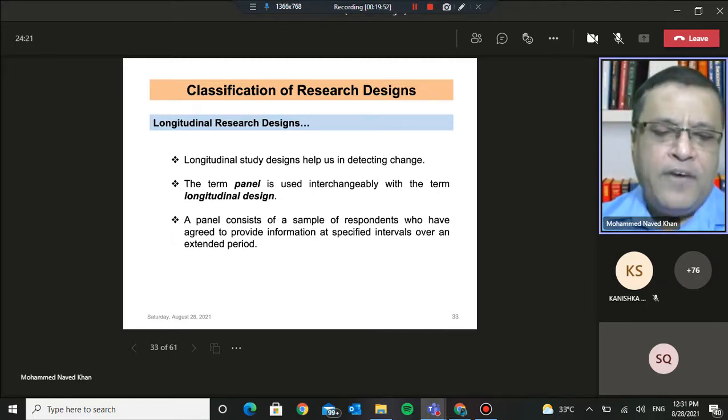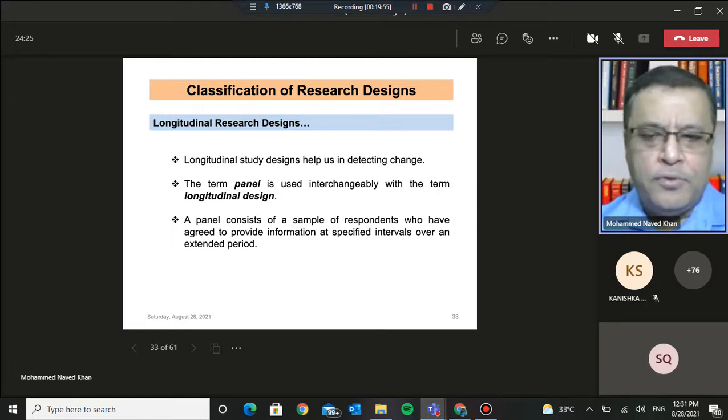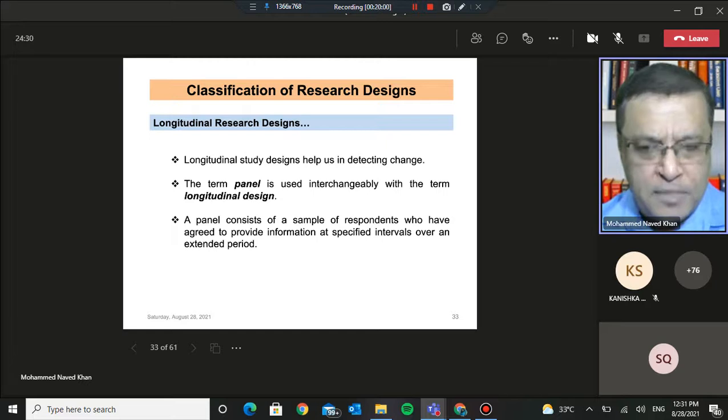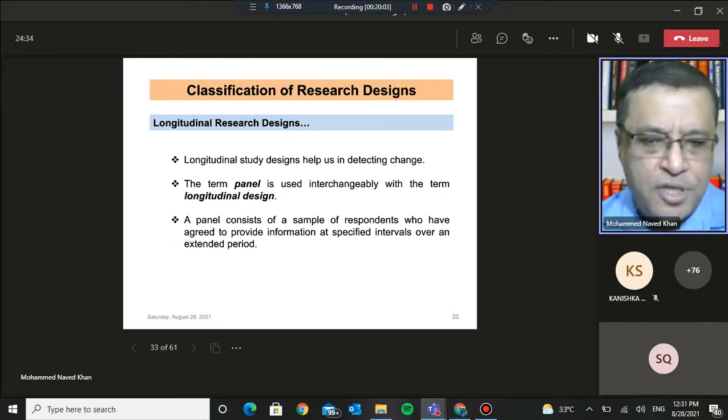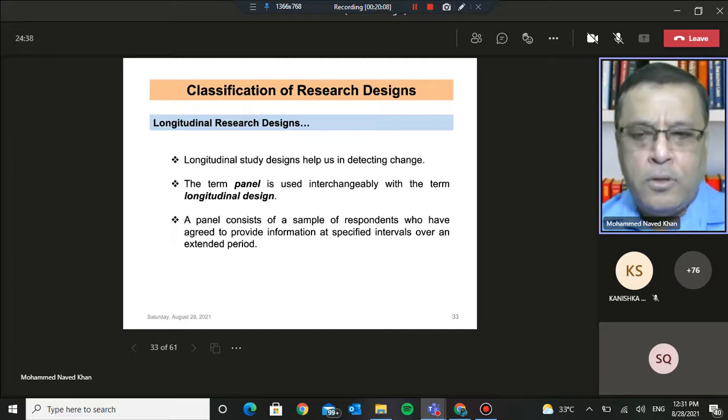For example, if a housewife is a member of this panel, you will administer the questionnaire. It can be administered, nowadays, through a smartphone. It can be administered through email, or you can send a hard copy version of the questionnaire through snail mail or speed post. So it will be administered at the location of the respondent. You generally do not call the respondents to one location and get their feedback.